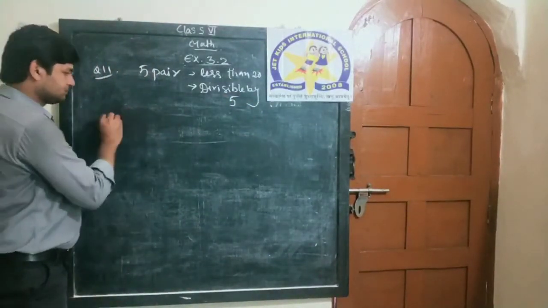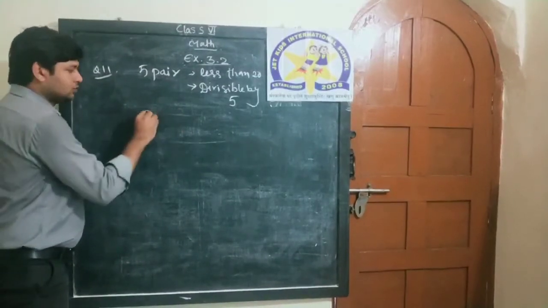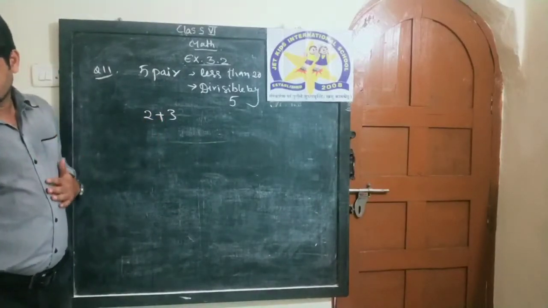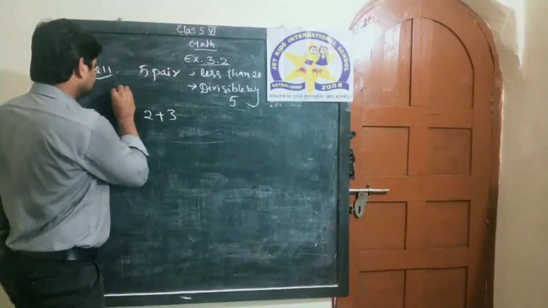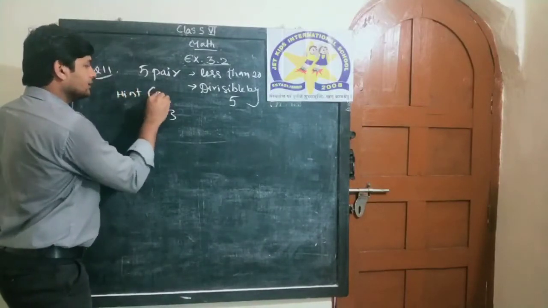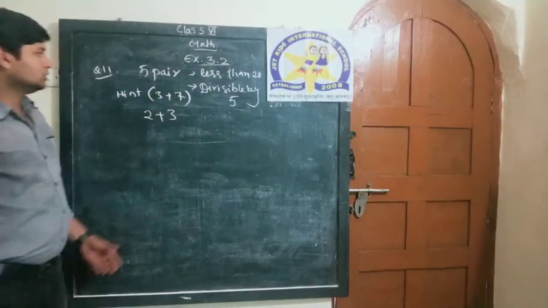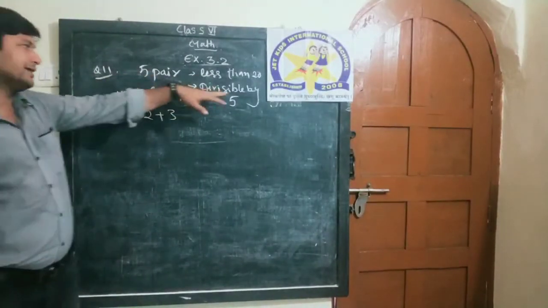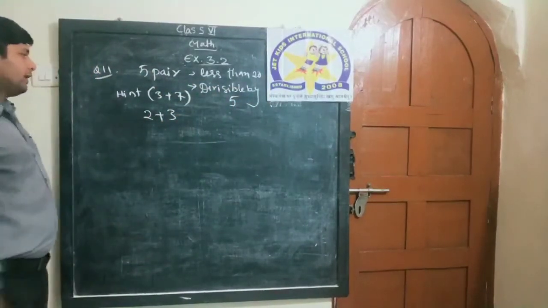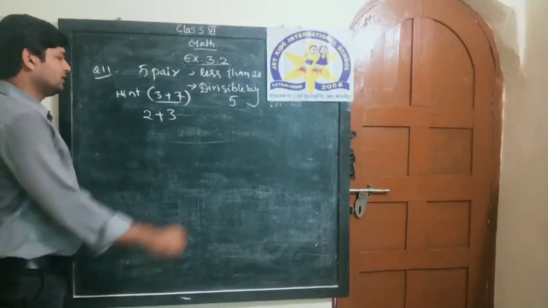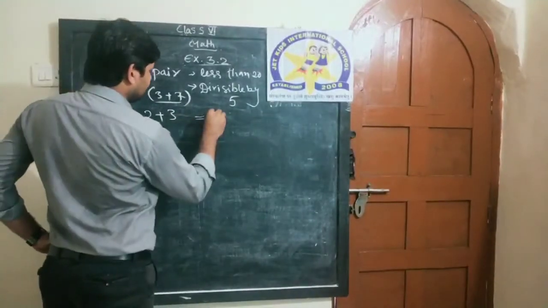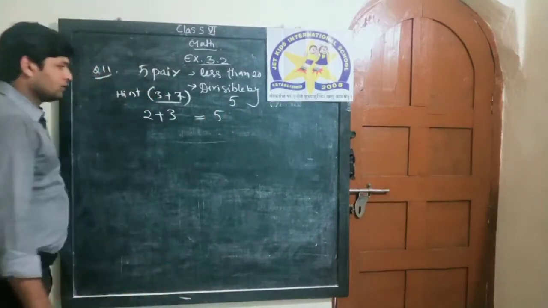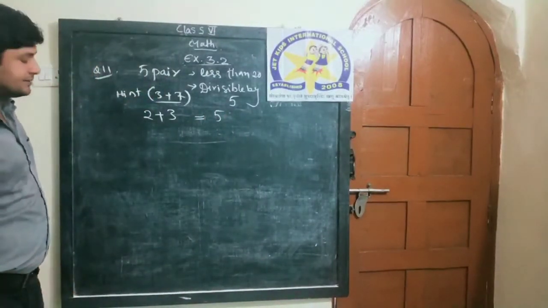So first, 2 plus 3. Hint is given over there. 3 plus 7, hint is given there. But both should be prime numbers. 5 pairs of prime numbers less than 20 whose sum is divisible by 5. So 3 plus 7, that is 10. First one is 2 plus 3, it will be 5, and 5 is divisible by 5. Next. What is next? Next is